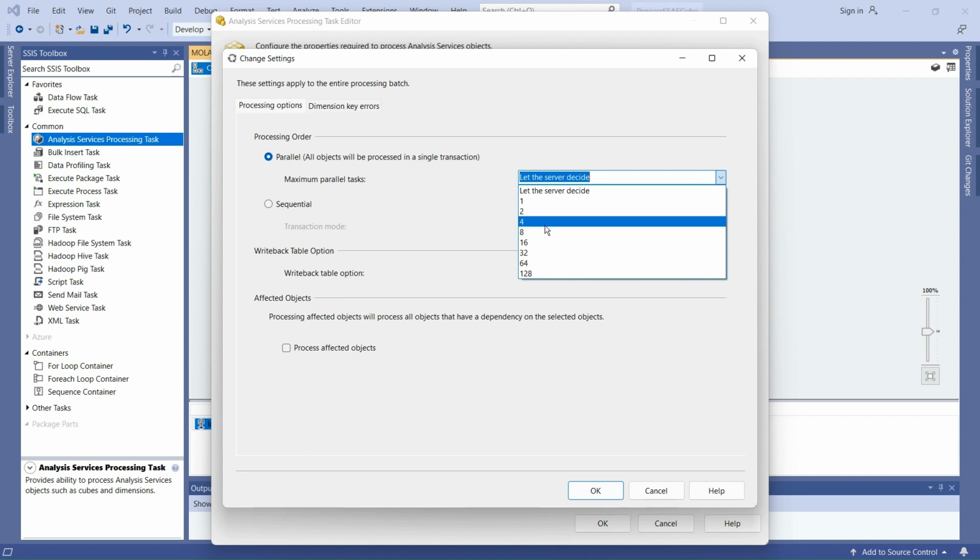But instead of choosing this maximum parallel tasks parameter, let the system decide how many parallel operations can happen based on the server availability. So don't change this parameter. Let the server decide how many it wants. Okay, and then the next option is